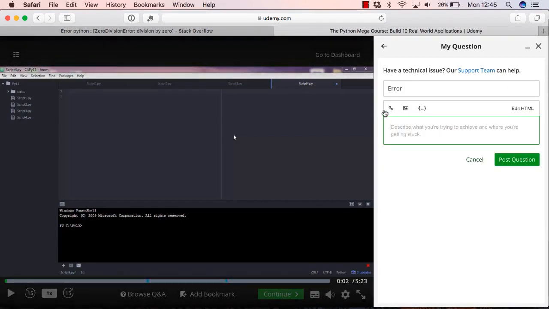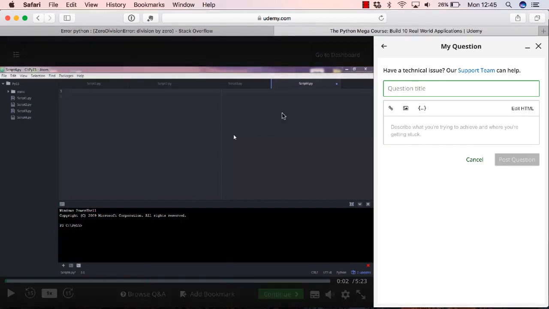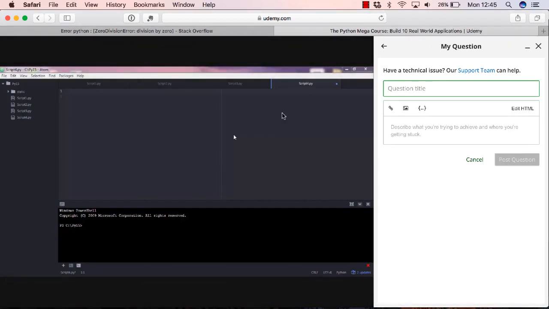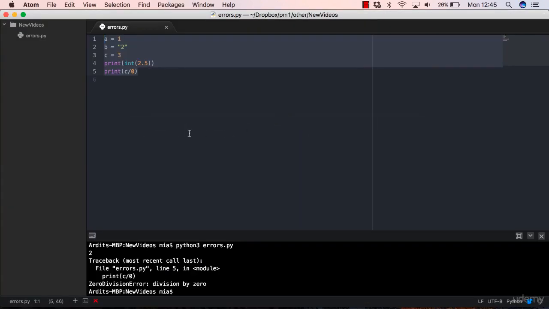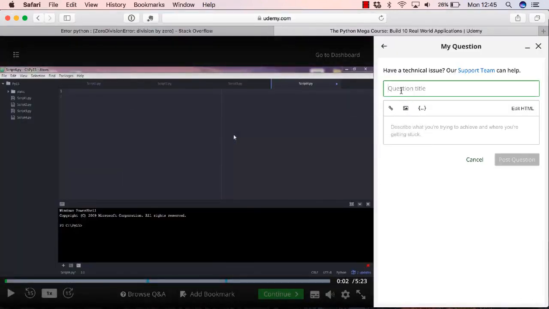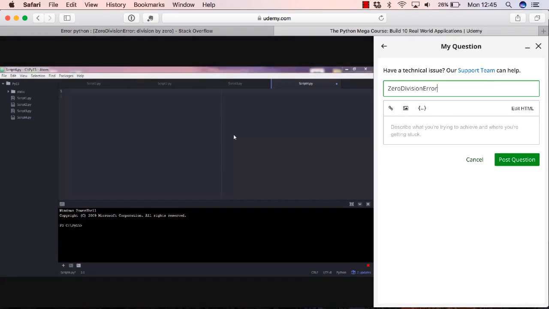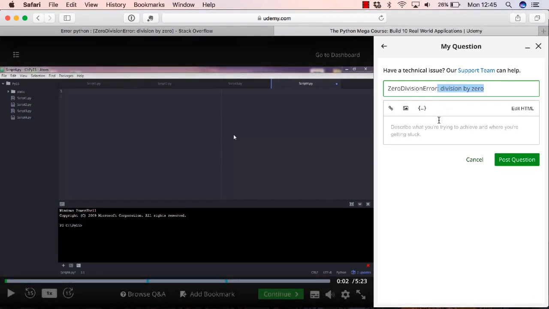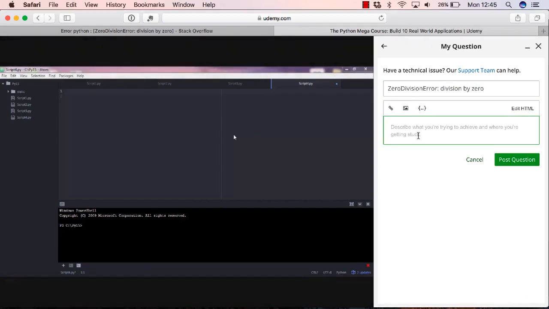So let me delete this, and a good programming question would be, when we're talking about questions that have an error, questions that talk about an error that you got in your code. So this is your code. A good title would be to include the error message. So that one would be a good fit. If it's a very long message, then you can also choose to include only the name of the error without that. And then a good question would be, hi,